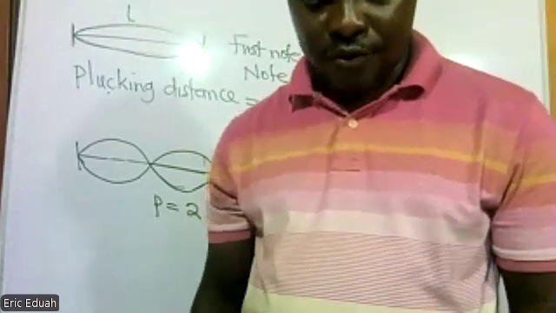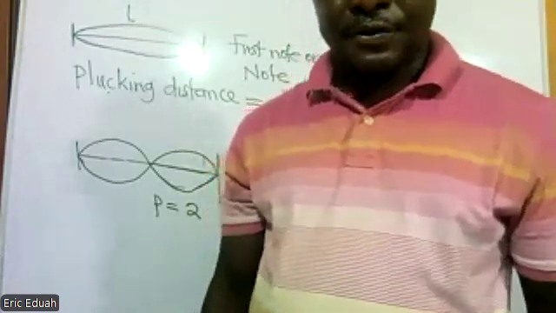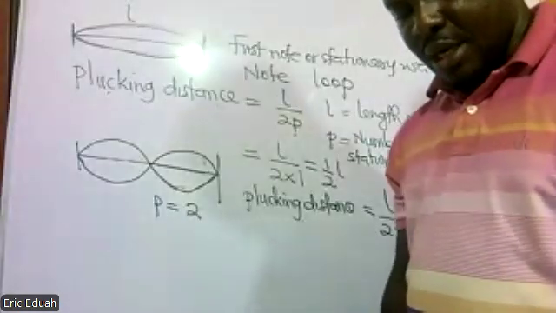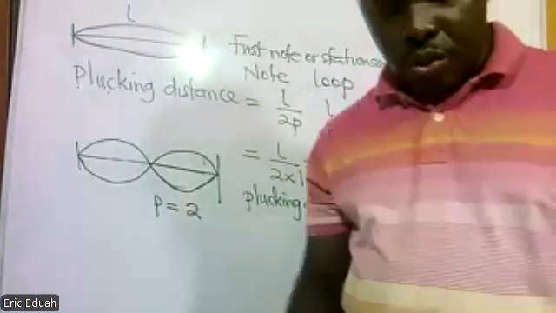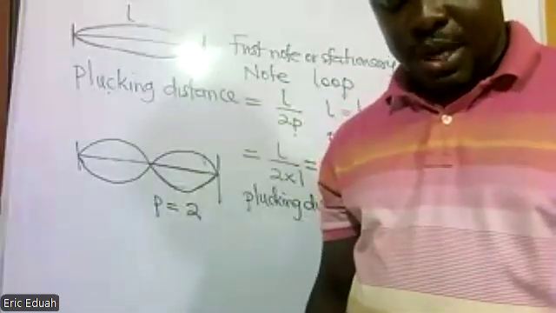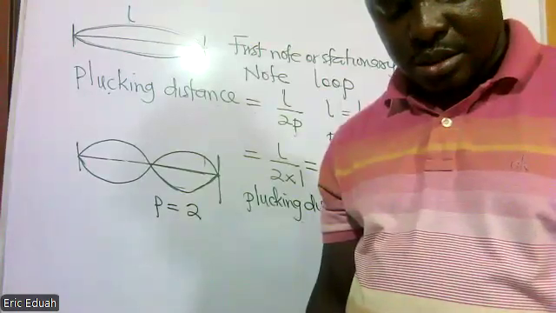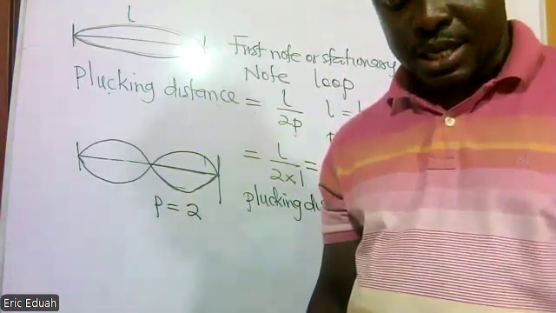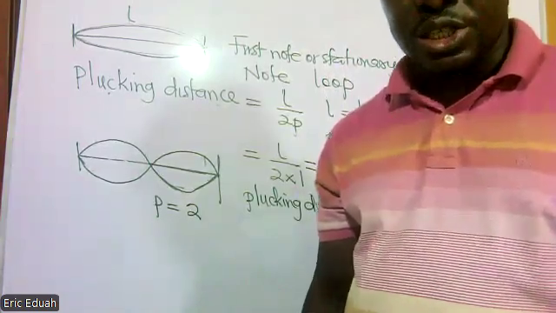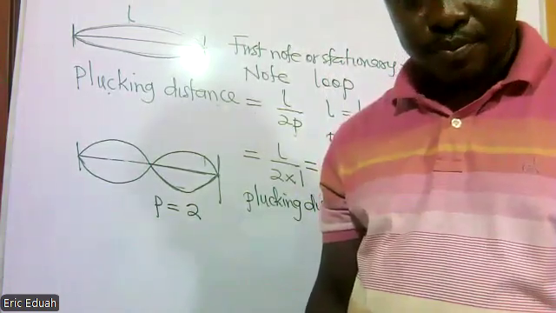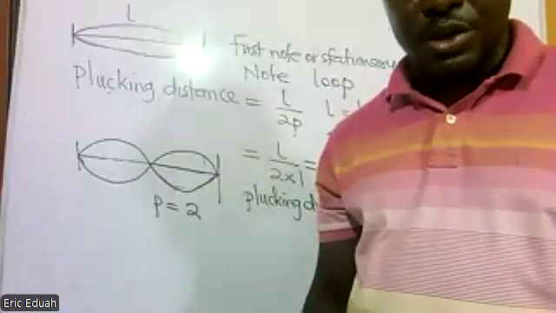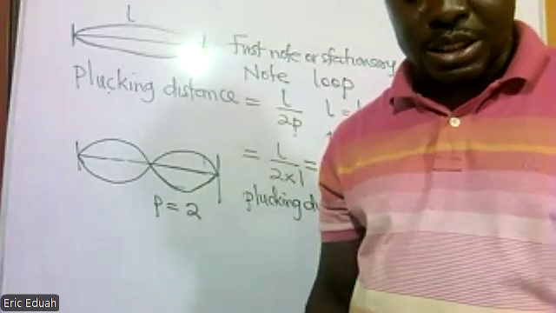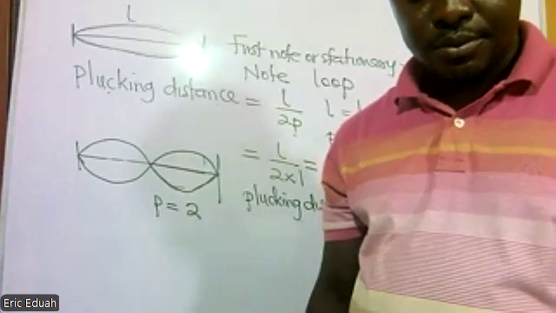A stretched string of 1 meter length and mass 5 times 10 to the power negative 4 kilogram is having tension of 20 Newton. So the length is 1 meter. The mass of the string is 5 times 10 to the power negative 4 kilogram. The tension in the string is 20 Newton. If it is plugged at 25 centimeters from one end, then it will vibrate with frequency of. So